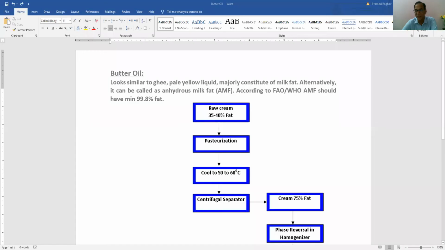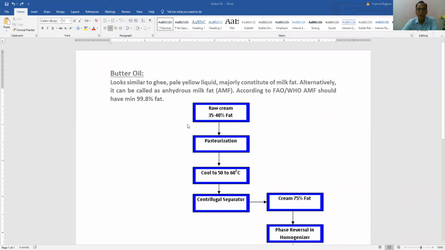Because whatever products I am telling you about making, I am telling you from the milk. So this is butter oil processing from the milk. Let me now share that process flow diagram for you. Here you go, this is the diagram.